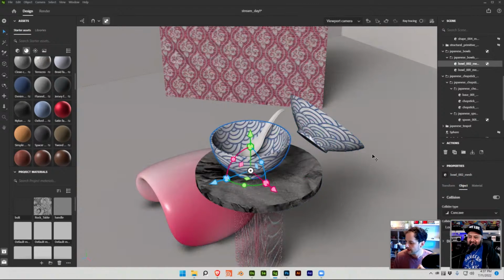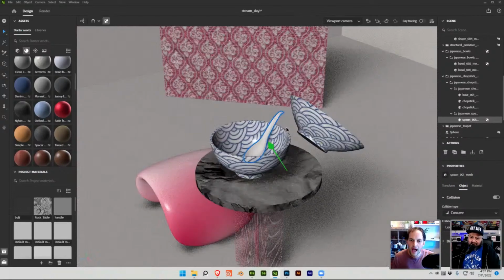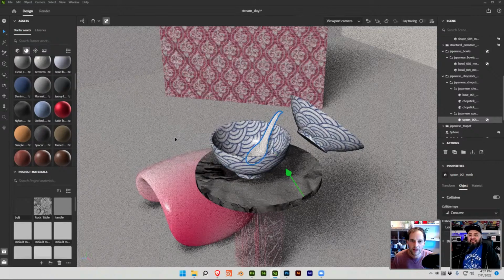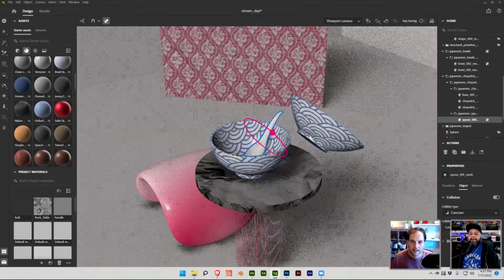Let's make sure that this is a collision object. And then let's bring the spoon. And there you go. All right, cool. So now you can see that it's interacting with it. It's kind of like a physics simulation. And if I rotate it,